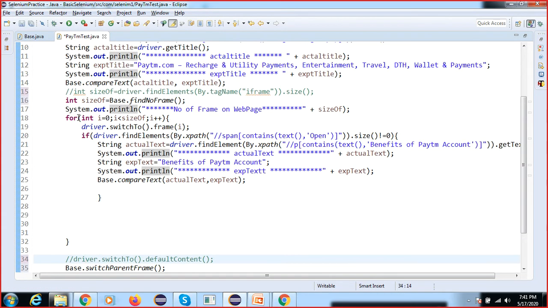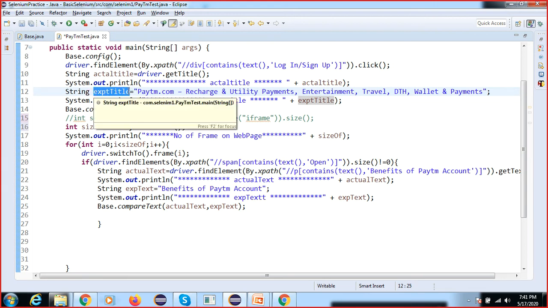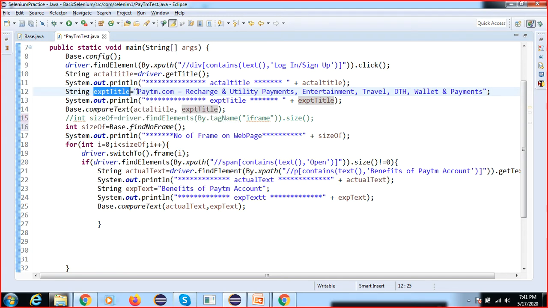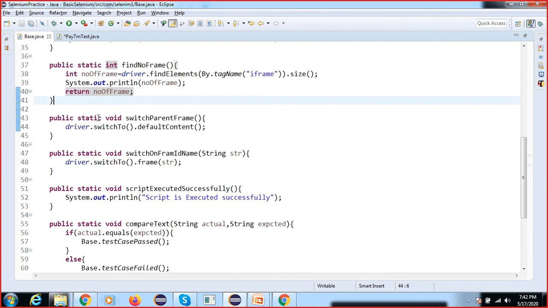You can think of another way to minimize the lines of code. Here we will read the data from an Excel sheet, or from an XML file, or you can read the data from a database. Again, you should not have anything hard coded while executing your script. Slowly we will move in. When I start TestNG, we will see and use this method also, this reusable class.